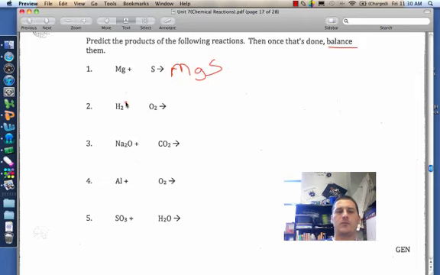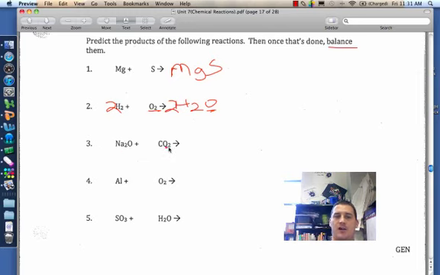The next one, we have an H2 reacting with an O2. This is going to be your example number 2, in which you have a nonmetal plus an oxygen. So in this one, the simplest thing it's going to do is make water, H2O. Now let's make sure it's balanced. We have two oxygens going in, we only have one oxygen coming out. Let's put a 2 here. Since we put a 2 here, we got 4 hydrogens total, so we've got to have